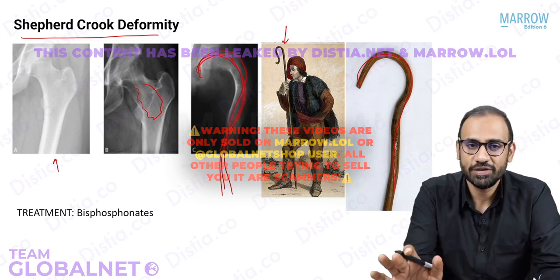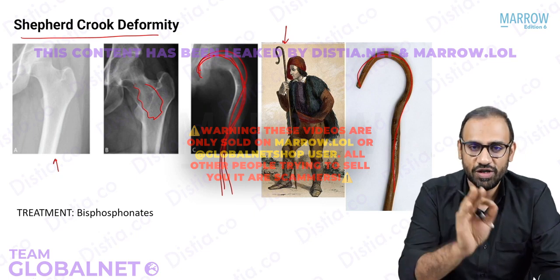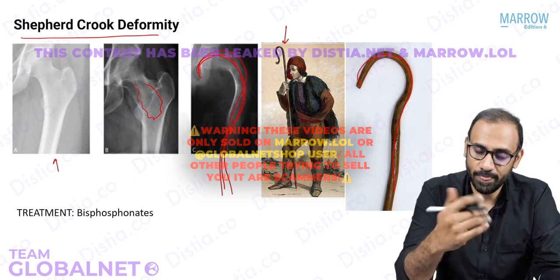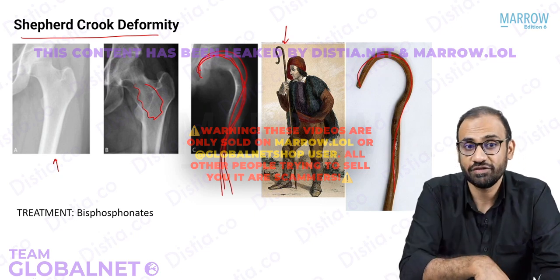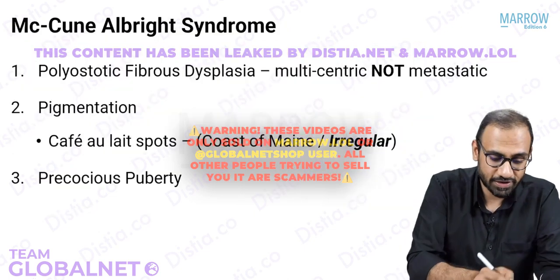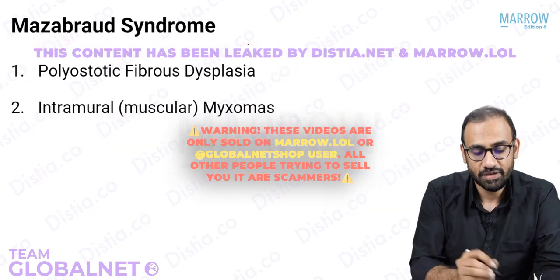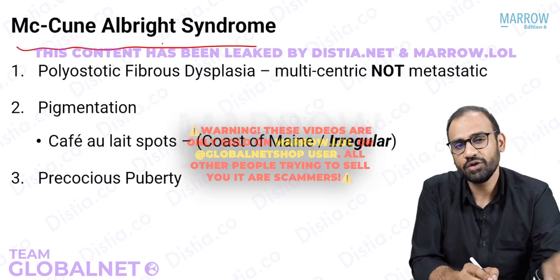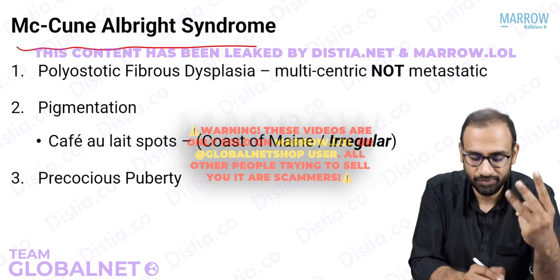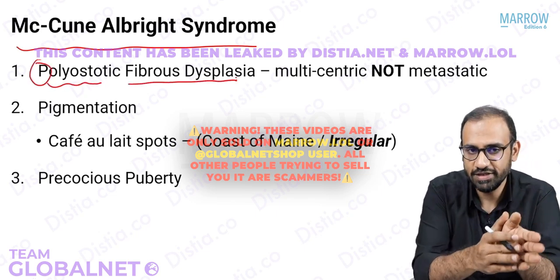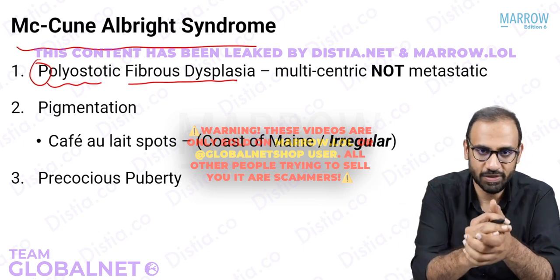So that is all about fibrous dysplasia, how it appears on X-ray, what is the pathology, and what is the biopsy finding. Okay, now the syndromes that are associated with fibrous dysplasia, they are asked on your exam. Two syndromes. First, McCune-Albright syndrome. Second is Mazabrod syndrome. We'll discuss this. What is McCune-Albright syndrome? McCune-Albright syndrome is basically 3 P's. What is the first P? It's a polyostotic fibrous dysplasia. So patient has polyostotic fibrous dysplasia.